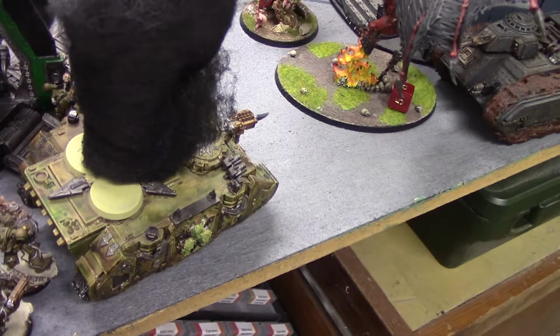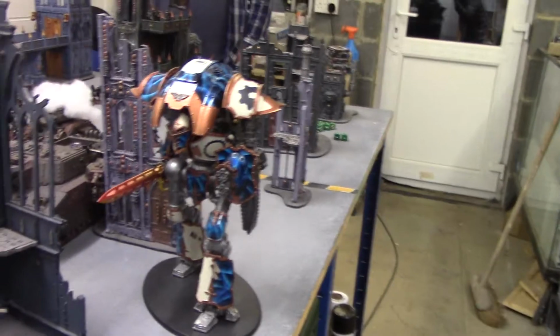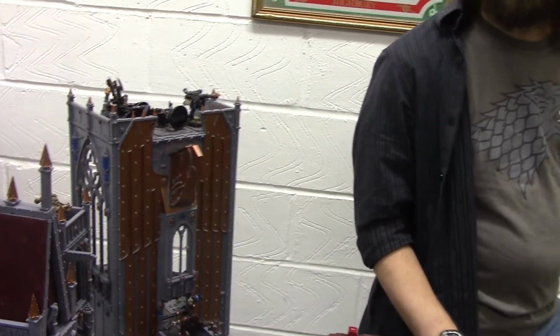This Rhino was killed by Cerastus, that was by the Knight, who's just looking lovely over there. He killed this Rhino, and the Plague Marines inside lost 3 models from the mortars over there. And the Thud Gun fired up on here and killed 4 of the Havocs, so there's only 1 las cannon